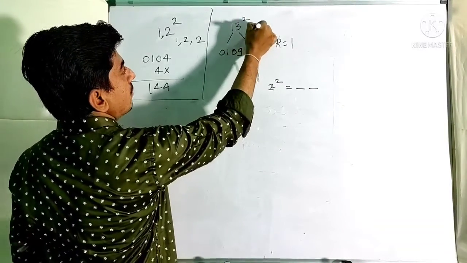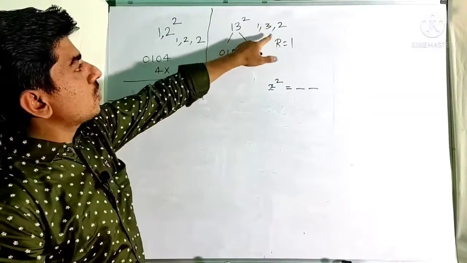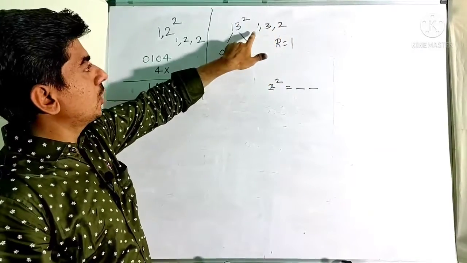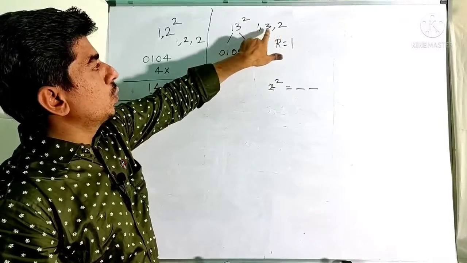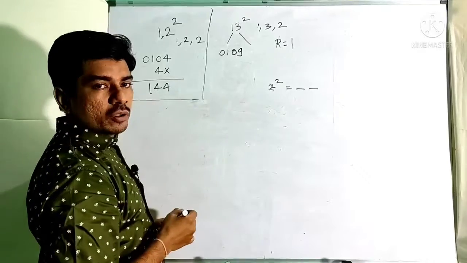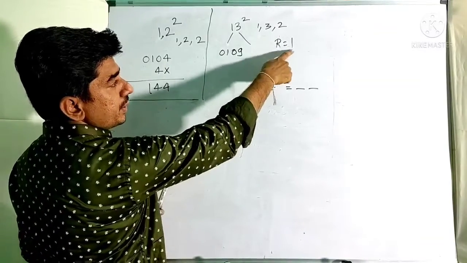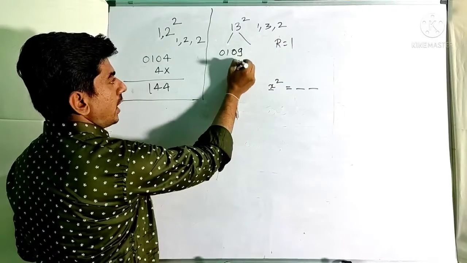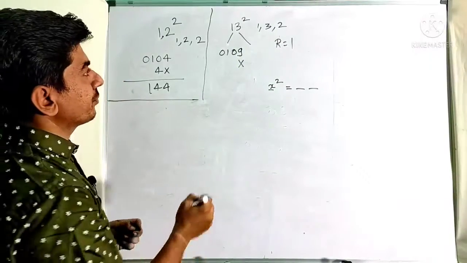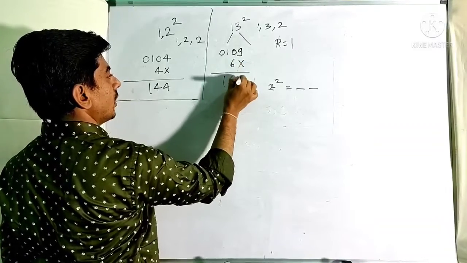Now the remaining step is to multiply the parts. The parts are 1, 3 and 2. The square is also taken as a part. Okay, 1 into 3 into 2. 1 into 3 will be 3, 3 twos are 6. How many places do I have to leave here? See, the right part is made up of 1 digit, so I have to leave 1 digit here. Now 3, 6. The answer will be 169.